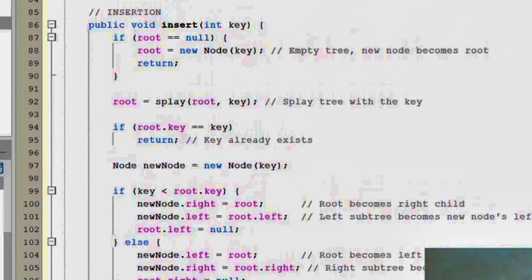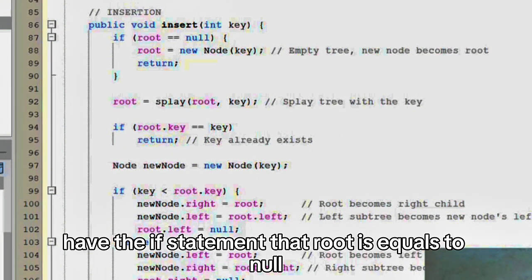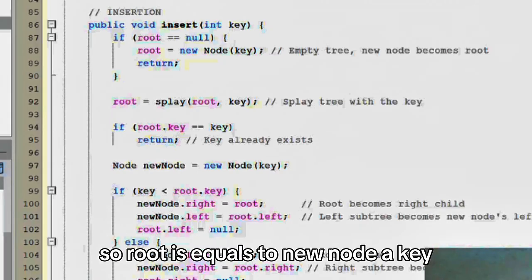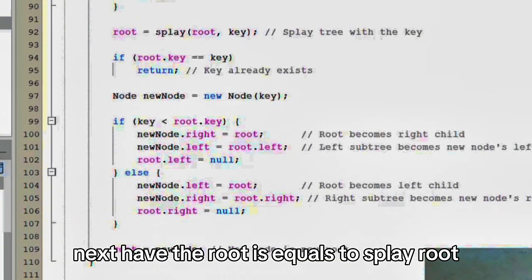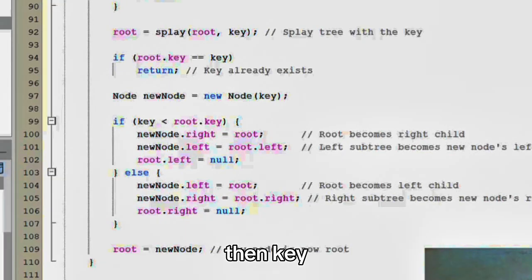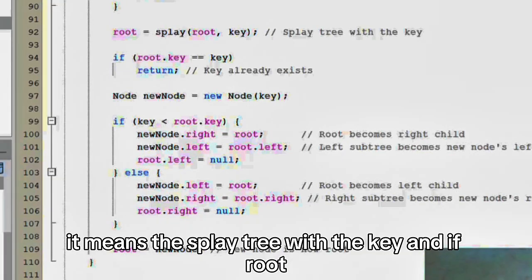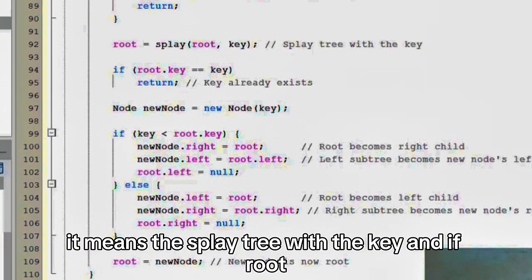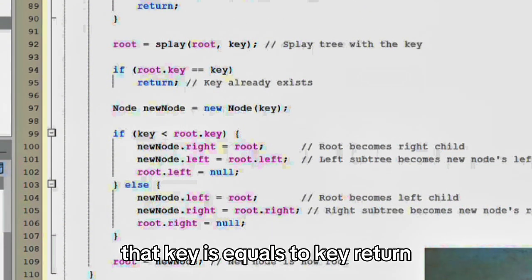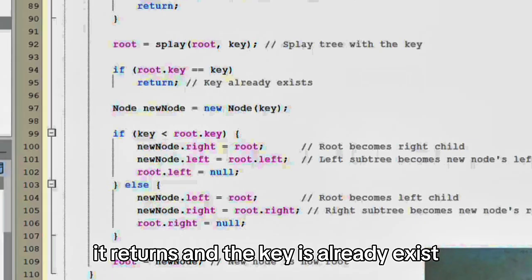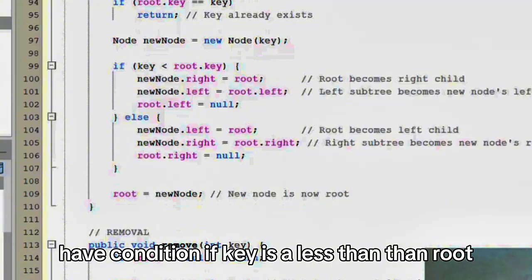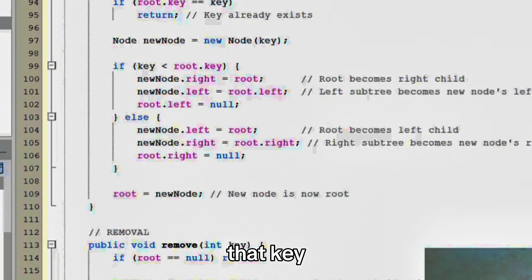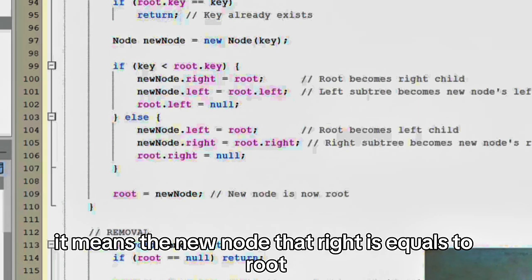The insertion has an if statement that checks if the root is equal to null. So root equals new Node key. It means in an empty tree the new node becomes the root. Next we have root equals splay root, key. It means splay the tree with the key. And if root.key is equal to key, it returns, since the key already exists. Then the condition: if key is less than root.key, it means newNode.right equals root.